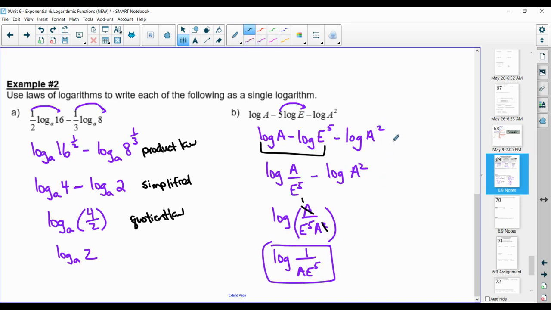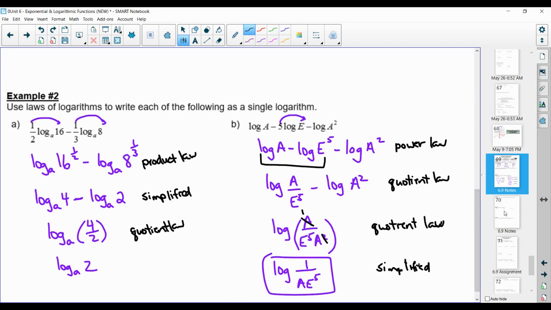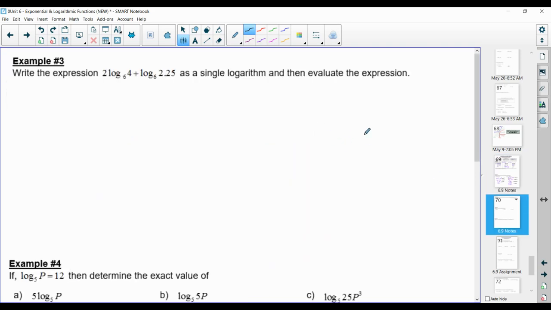Writing out the steps, the first thing we did was use the power law. Then we used the quotient law, and then we used the quotient law again, and then we simplified. So sometimes these questions are almost like a puzzle. We just have to look at what we're given, look at the 3 rules, and see which ones fit best together. All right, moving on to example number 3, we're asked to write the expression 2 log base 6 of